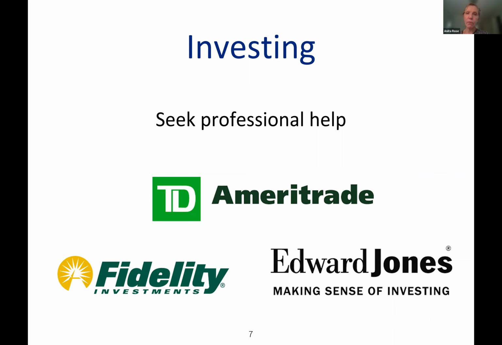So we want to consider investing also, because yes, it's fine to put some money in a savings account. And once you have a certain amount saved, you want to be able to put it into one of the very best suggestions from many financial analysts, which is to have an index fund instead of worrying about specific interests.